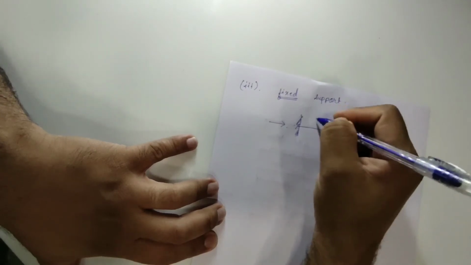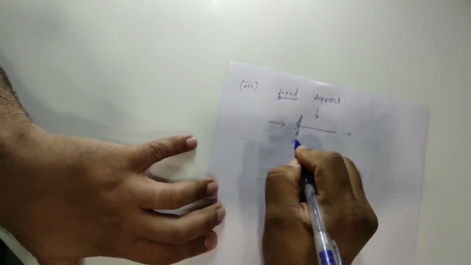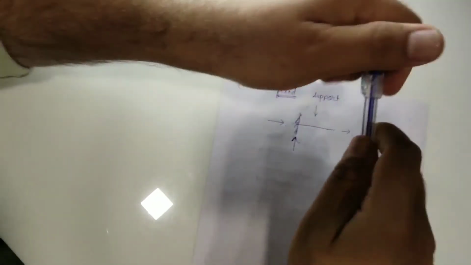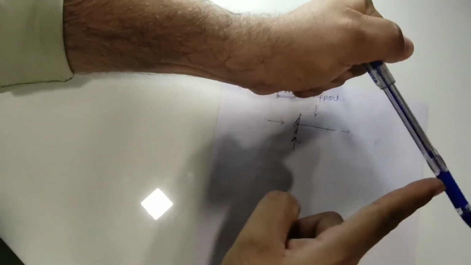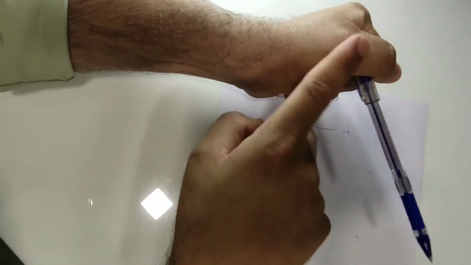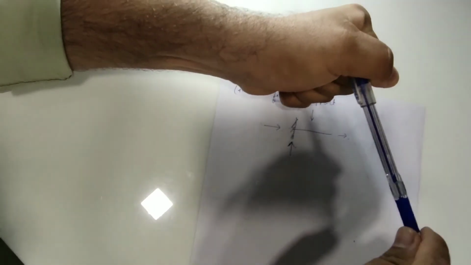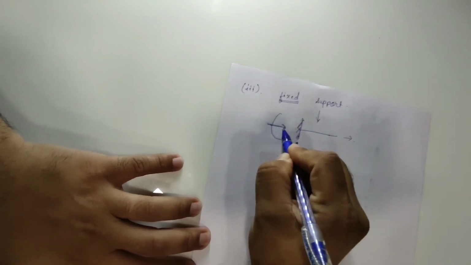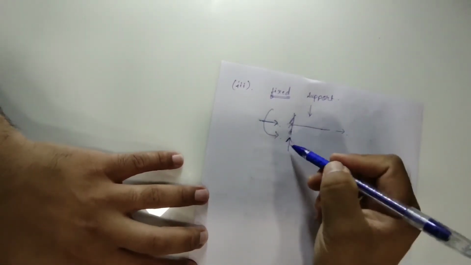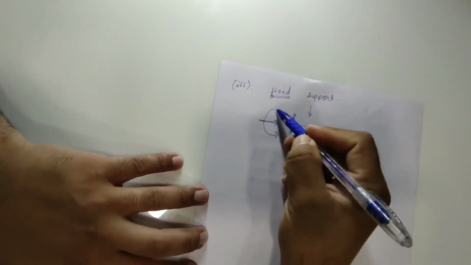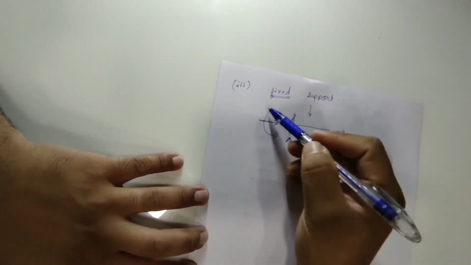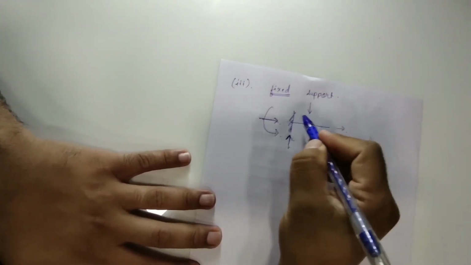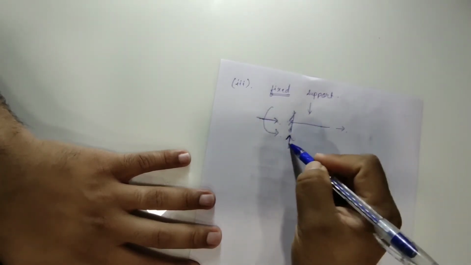If I am applying the load in the vertical direction in this way, what will happen? It is going to provide the reaction in the opposite direction, so it can take the vertical load also. And if I am trying to give the moment in a rotational form, the fixed support is not allowing it to rotate, meaning it can take the moment also. So a fixed support generates three reactions: vertical reaction, horizontal reaction, and moment.